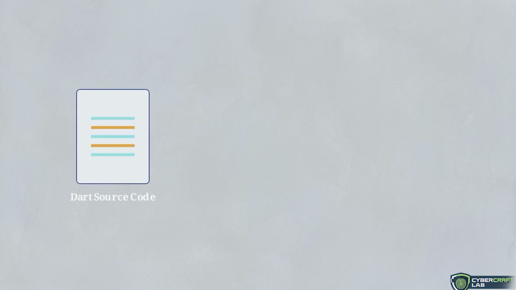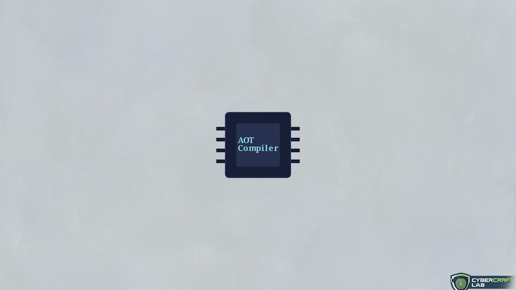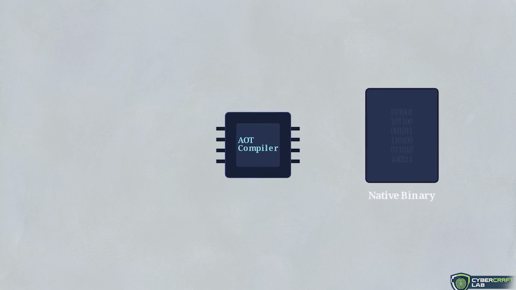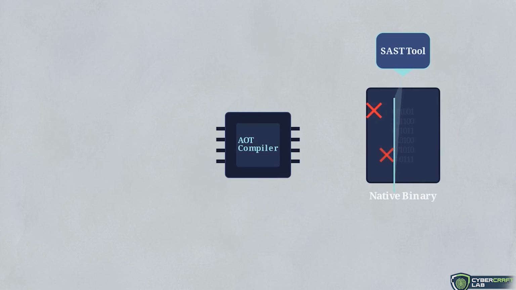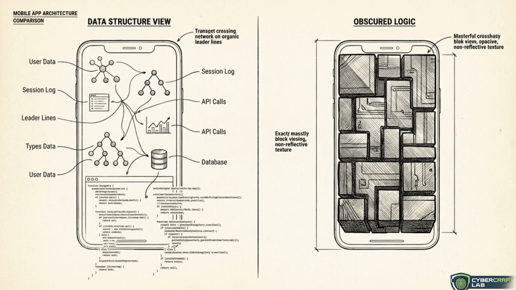Ahead-of-time compilation translates readable Dart source code into a highly optimized native binary. This optimization strips away readable logic and data flows. When a traditional security tool scans this block, it cannot reconstruct the program's structure, reporting 0 vulnerabilities simply because the code is unreadable. By prioritizing cross-platform performance, the framework destroys the context required for standard security audits, creating a significant